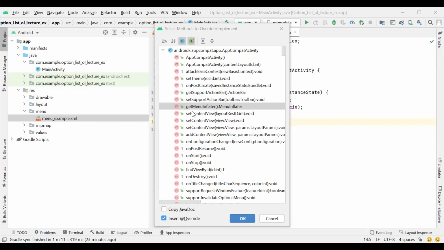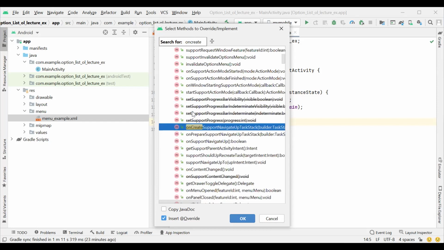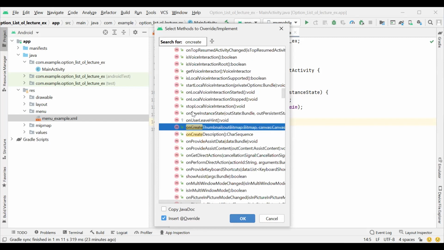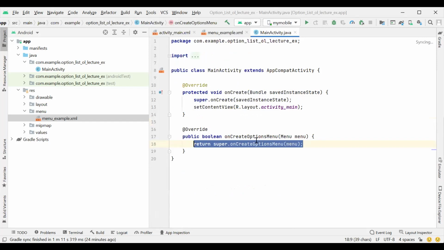Here we use the method onCreateOptionsMenu.